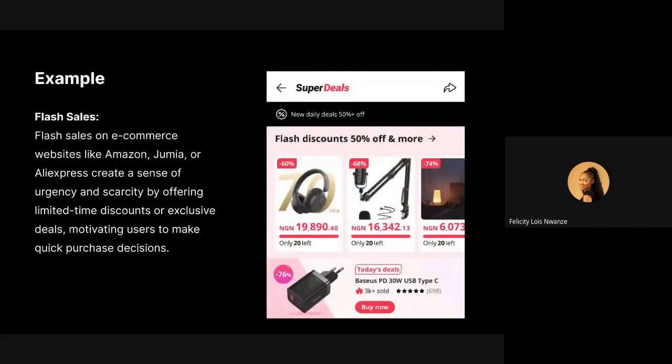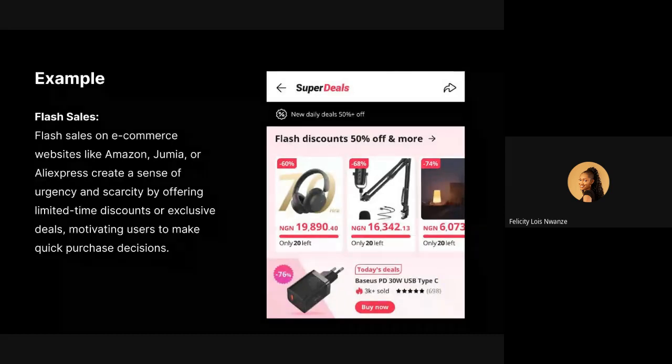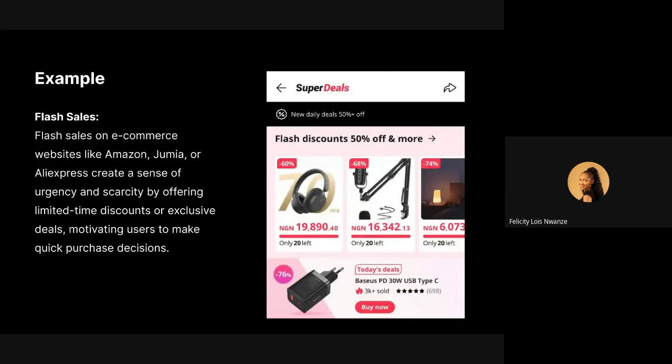An example of where you see this core drive being applied is in e-commerce apps. I think I talked about this a bit initially under one of the game mechanics. When you see something that says you have to buy it now, it is urgent, and if you don't buy it now, you're not going to see it anywhere else, or you have 20 remaining, you have 5 remaining, this sense of urgency is something that motivates users to want to act, right?